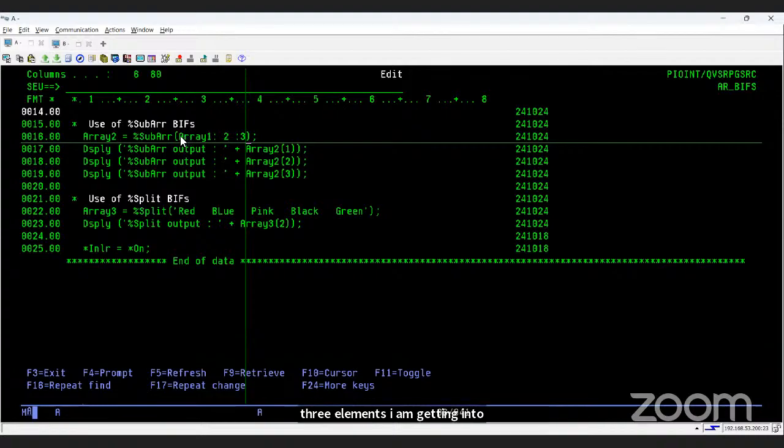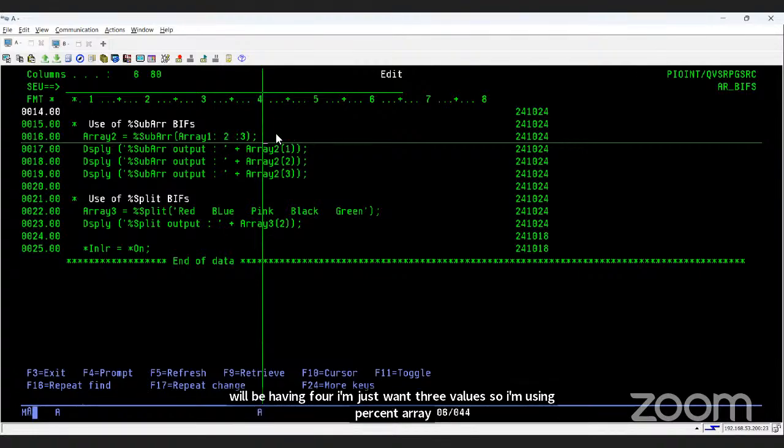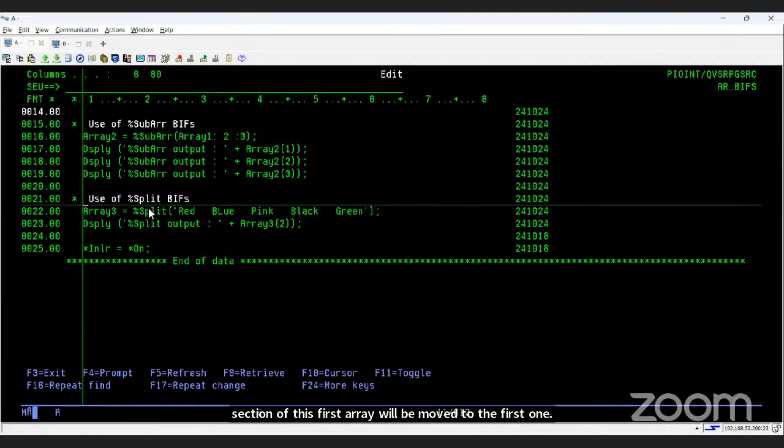Only 3 items, but in this array 1, I will be having 4. I just want 3 values, so I'm using %array. The selection of this first array will be moved to the first one. And when we use %split, if you see in split, I'm just using, in parentheses, red, blue